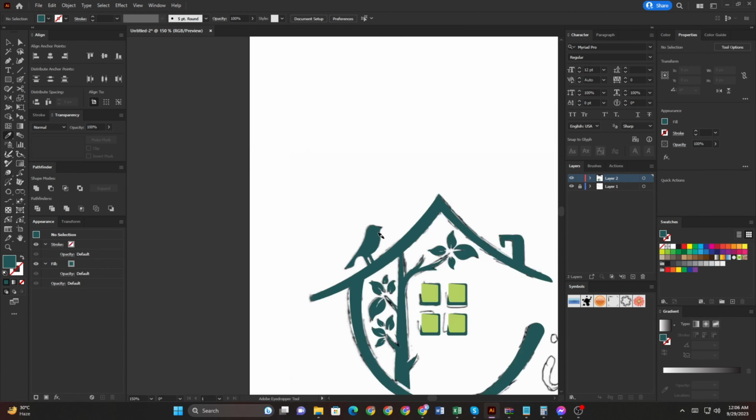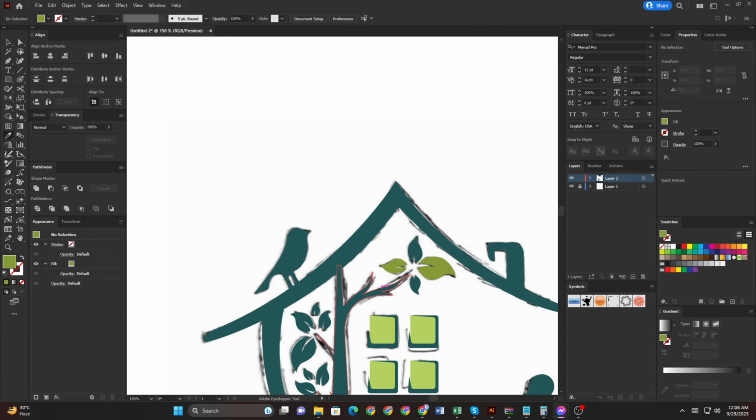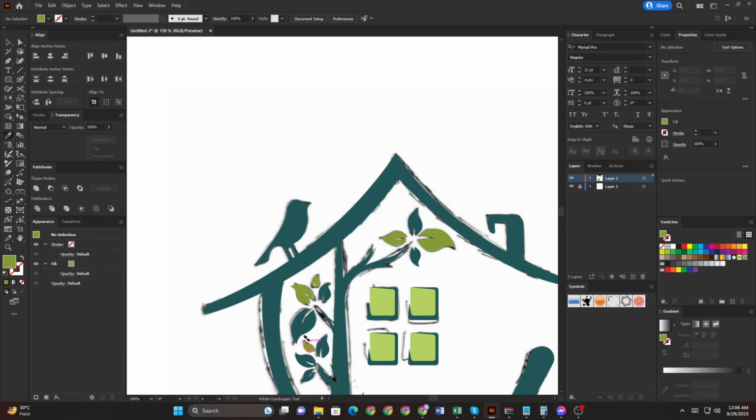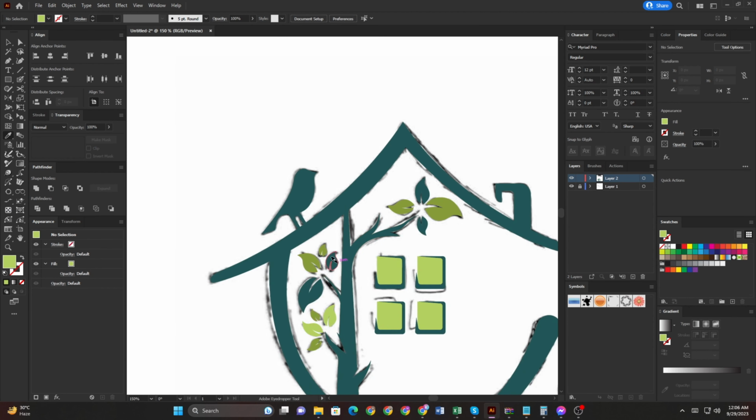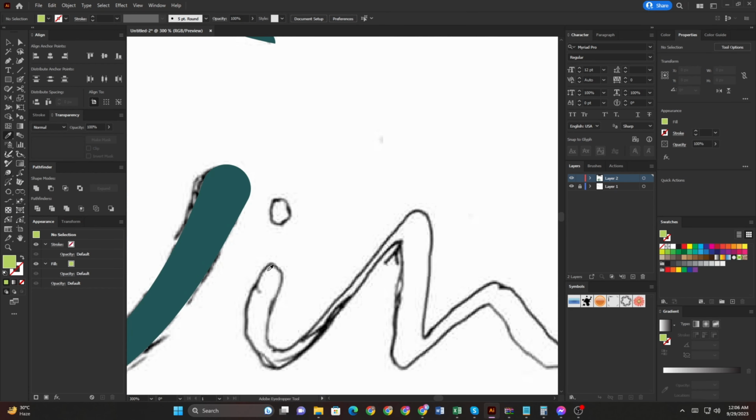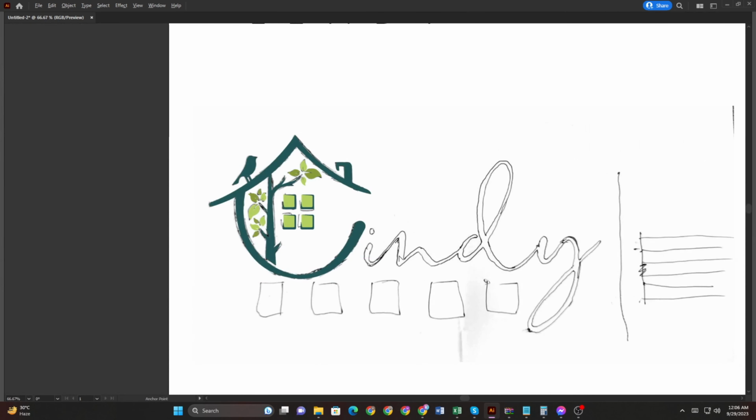Now color selection. And I again use a pen tool.